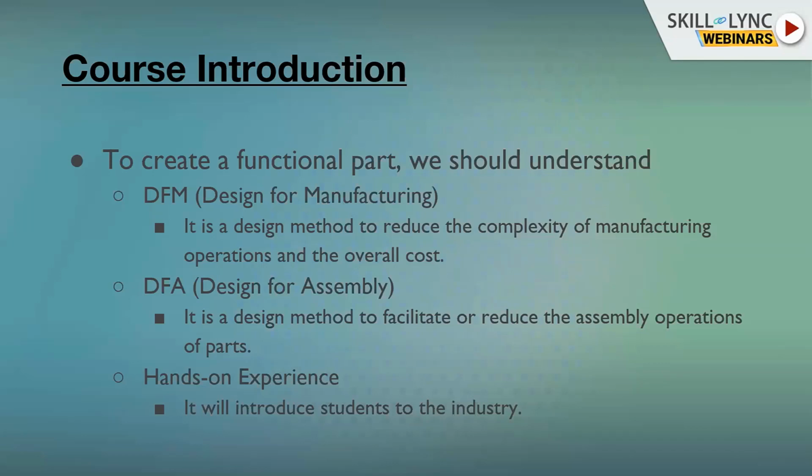Design for manufacturing is for a single component, but we hardly create a part just as a single component. It's always used in an assembly. So next comes design for assembly, where we try to understand how to assemble the components with each other, and also find out the interference and do the kinematic study so that the assembly runs smoothly. For that, we have to understand different types of attachments in plastic, and how to perform interference studies, kinematic studies, and so on.